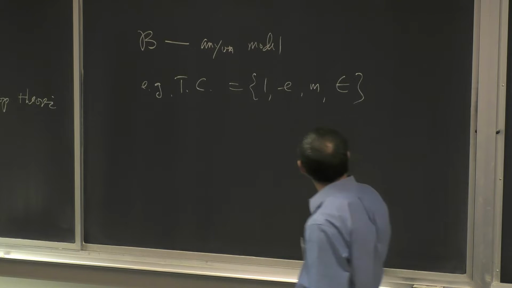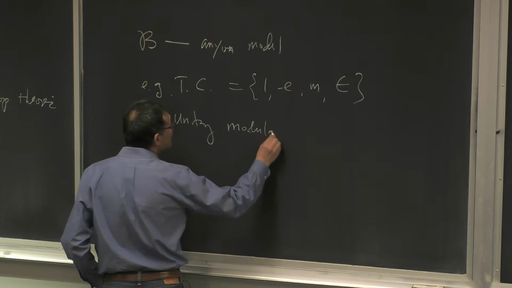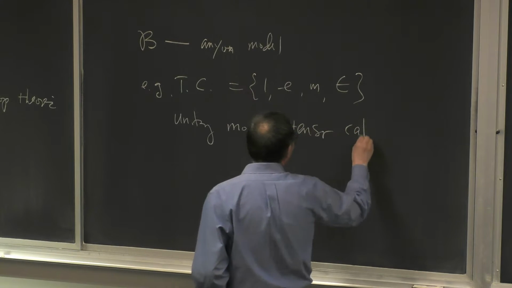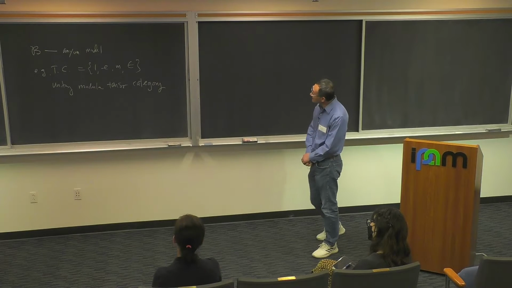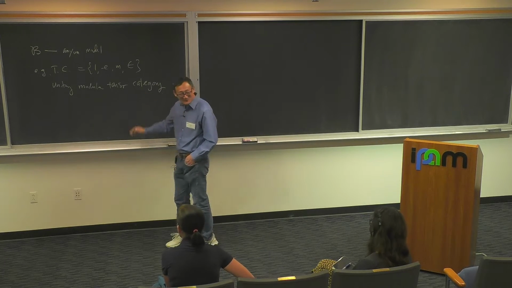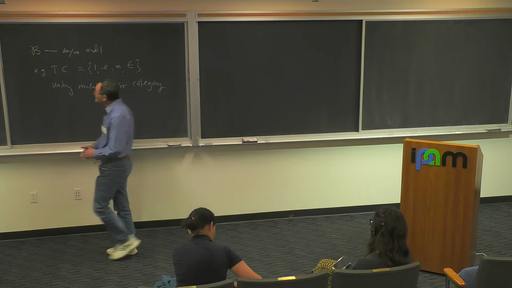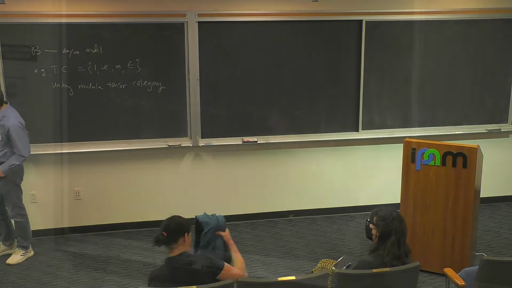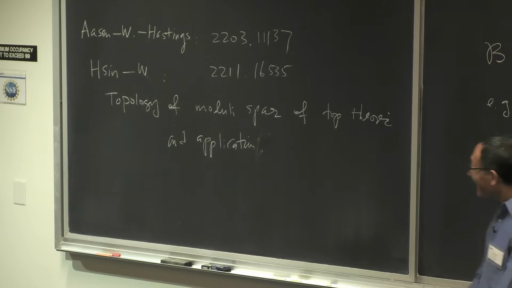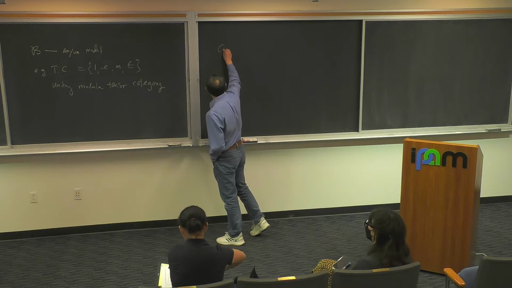And mathematically, this is called a unitary modular tensor category. And if you were here for Colin's talk, I assume you are all experts now. It's just a way to draw pictures. So the conjecture, which was inspired by this paper, and then continued here in a much more sophisticated way, which I couldn't understand. I will tell you the story. And I will mention another aspect. So the conjecture